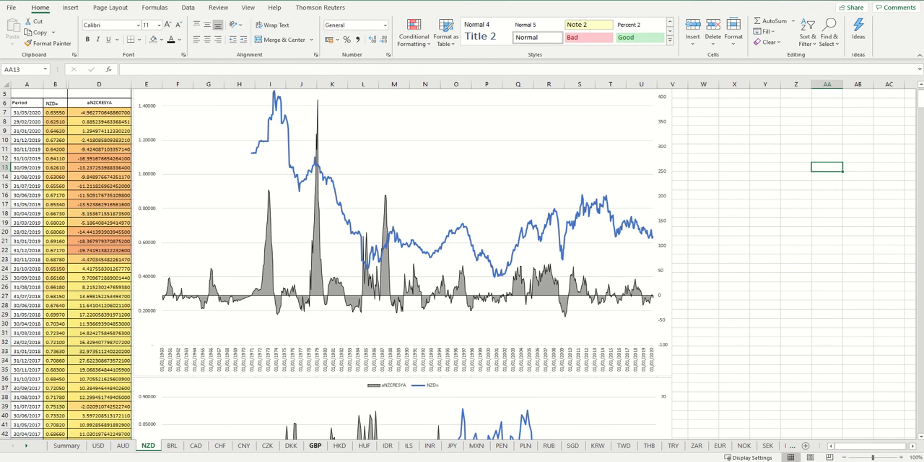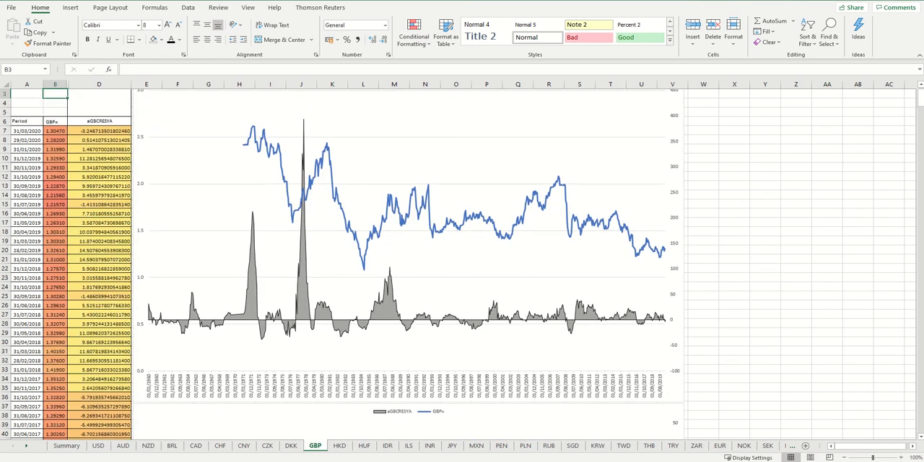Let's find where's GBP. There we go, and we have the same behavior there as well. So on and so forth. Does it work with emerging markets? Of course it does. So if we go to the TRY,